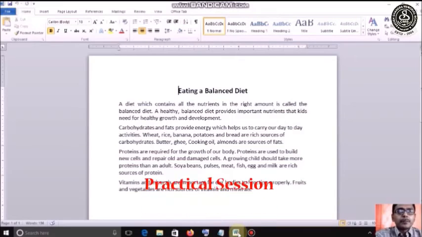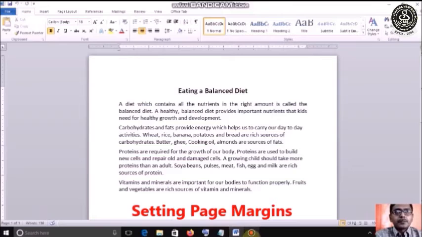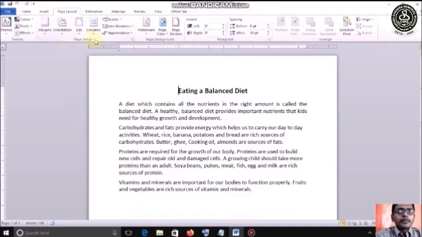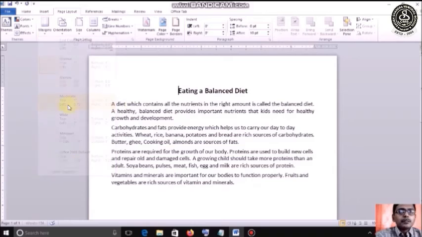So let us now see practically what we have learned today. So first of all, we have to set the page margins. For that, click on the page layout tab, and in the page setup group, click on the margins option. As we click, different margin setups are already given. So click any one of your choice. It will be according to your own margins.